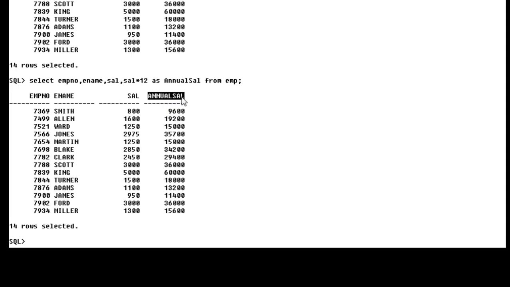Okay, now suppose I want to display the annual salary with 10% increment, the new salary. I want to give all employees a 10% increment of salary. What calculation should I provide in my SQL? Just look here. Select empno, ename, sal. This is the actual sal column. Now I want to set a 10% increment. It means that